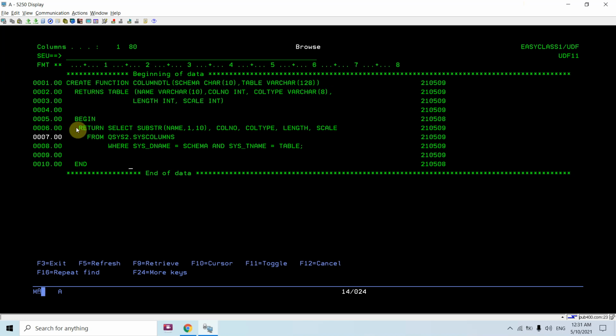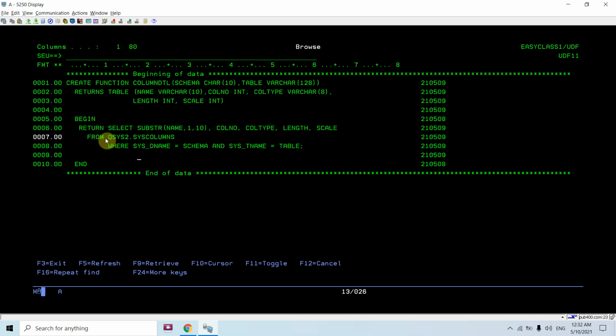Here this is a non-pipeline function, so I am returning all the table columns from this select statement. Select name, column number, column type, length, scale from qsys2.syscolumns. Basically I'm returning the information from sys columns, the catalog table that has the table column details.